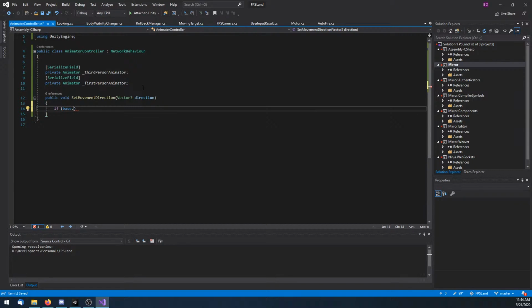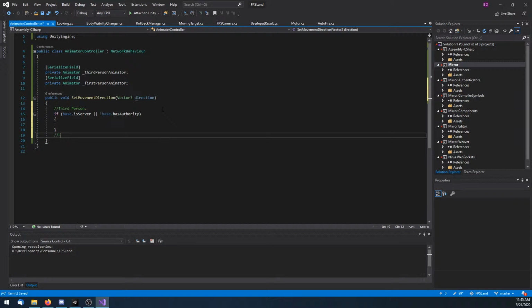So if base dot is server or not base dot has authority. So in other words, if I'm the server or if I'm the spectator, and I should probably change this to, actually no, we'll keep it like that. Then I'm going to go ahead and run on third person. I'm just going to comment it real quick, third person. Then this is going to run the third person animator because I want other people to see that. Otherwise,